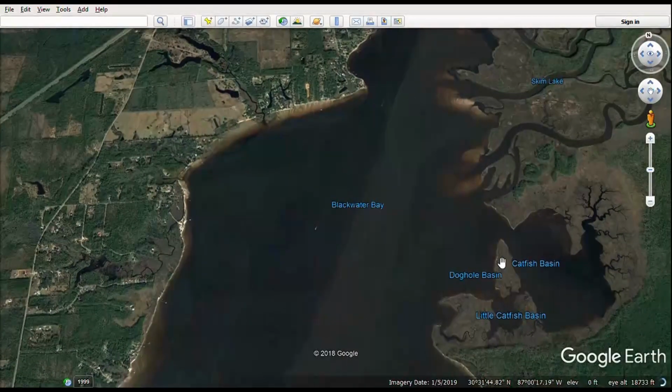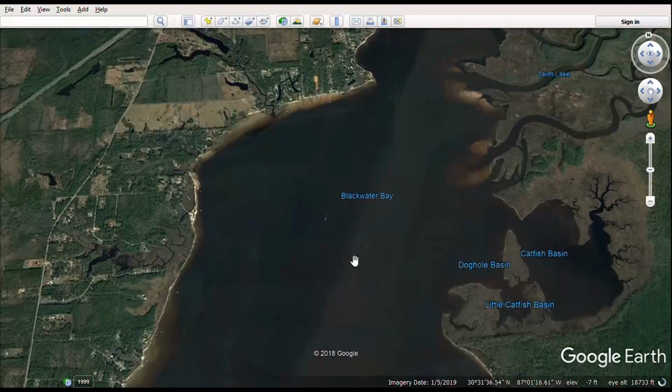In the case of fishing this catfish basin here, I would establish two waypoints. One right along here that I would run down the bay to, and then one right at the mouth so that I could take a left turn and run directly to it, very slowly, working my way through these shallows here. You'll notice in Google Earth down at the bottom here,